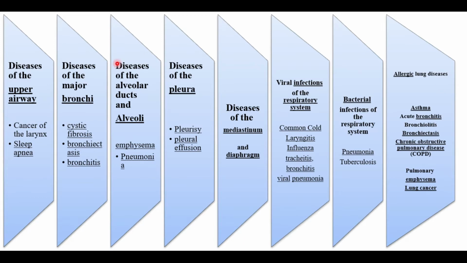and other allergic lung diseases. If we talk about the detail and examples, diseases of the upper airways include cancer of the larynx and sleep apnea, while diseases of the bronchi include cystic fibrosis, bronchiectasis, and bronchitis. Similarly, malfunctioning of the alveolar ducts and alveoli includes emphysema and pneumonia. We will talk in detail about these diseases in upcoming slides. Similarly, diseases of the pleura include pleurisy and pleural effusion,